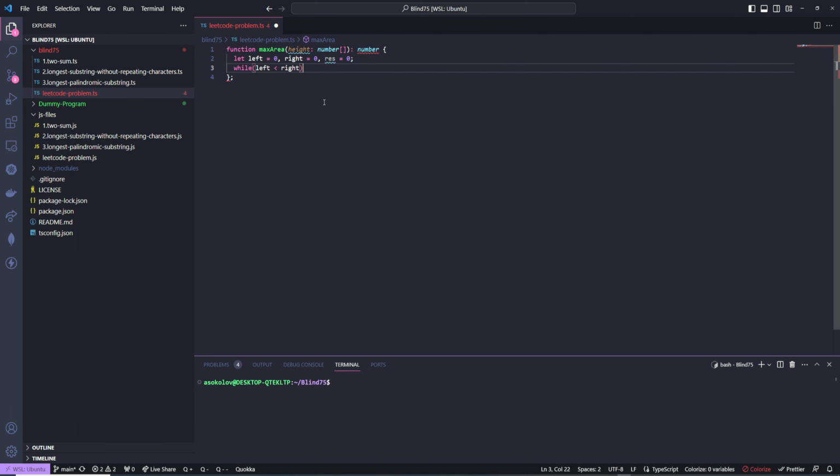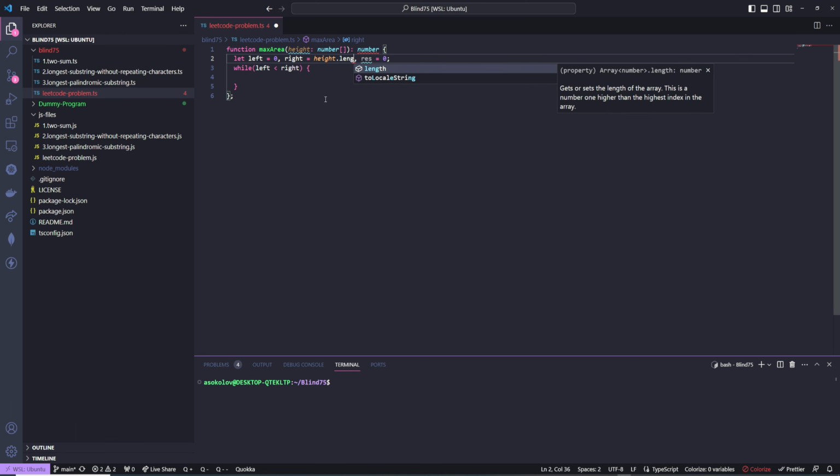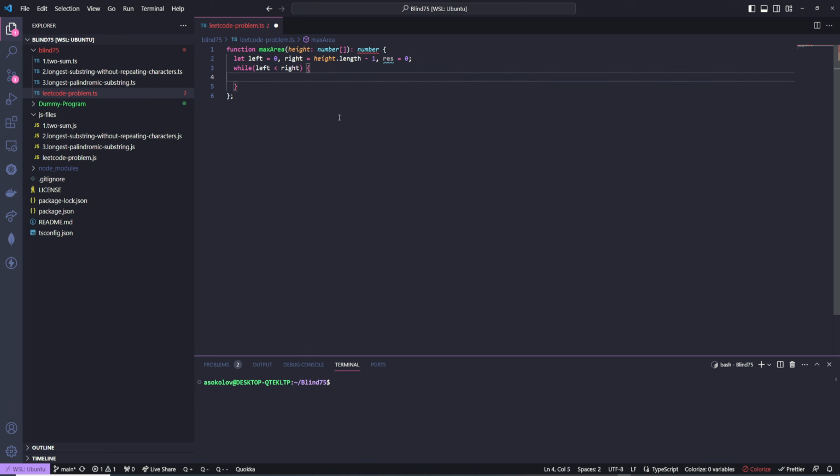Okay, and now let's actually write our logic. First of all, our right shouldn't be 0. Our right should be the length of the array, so it's going to be height.length minus 1. There we go. Now we can say that while left is less than right, we're just going to